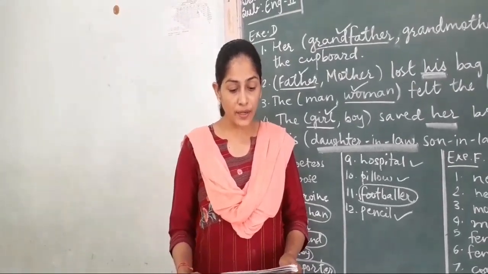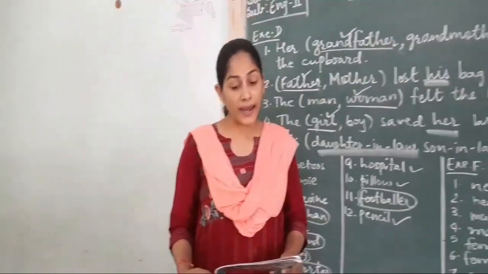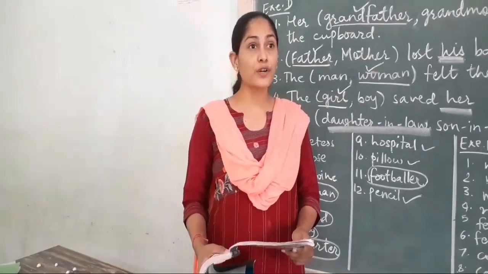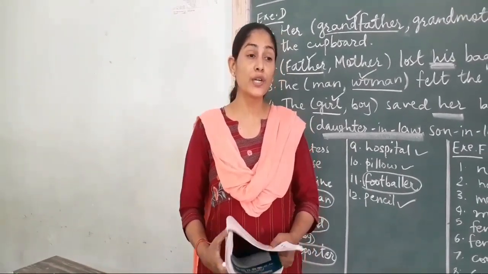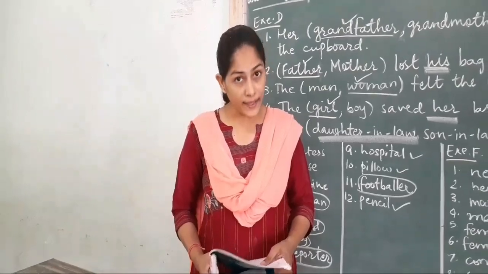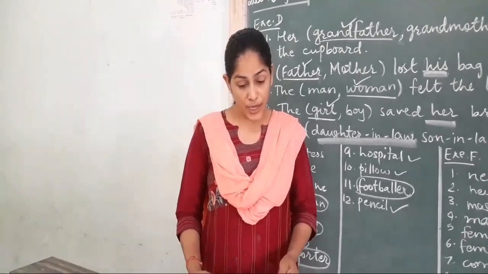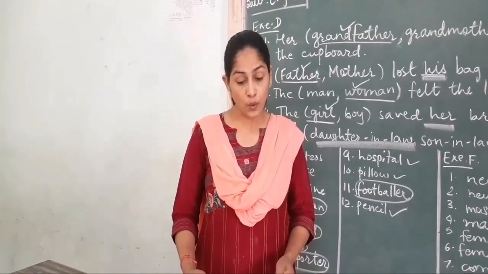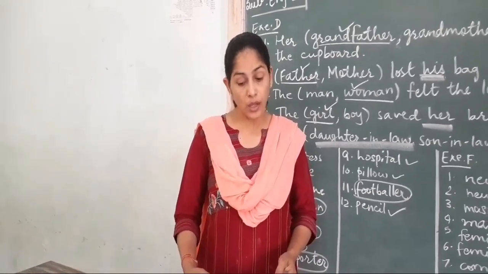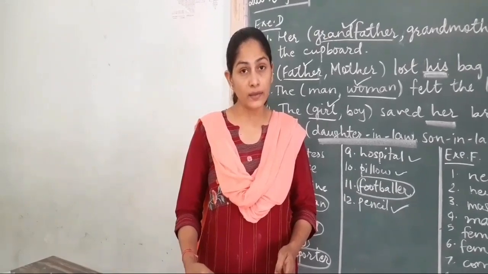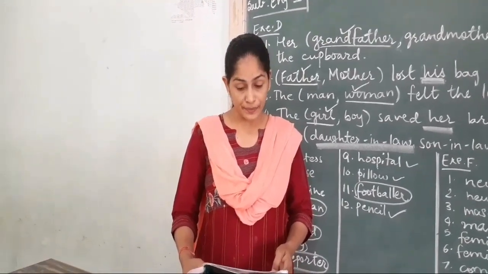Next one, neuter gender refers to non-living things. They are neither male nor female. In the first video I had told you that neuter genders are those genders which are not alive. They are non-living things. Examples are given here: brake, chair, desk, egg, quilt, taxi, school, umbrella, kite and ink. These are all neuter gender.